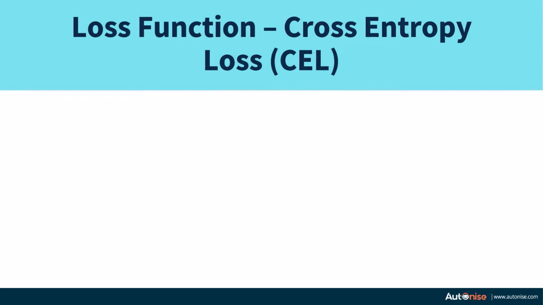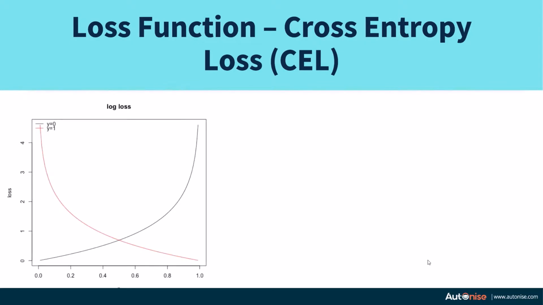There are other loss functions as well. We just looked at the mean squared error loss function. Then there is the cross entropy loss. So let's understand the mathematical formulation of the cross entropy loss. Looking at the graph, let's first understand whether, if we minimize the cross entropy loss, it will give us a good model or not. Okay, so you can see that over here we have, for y equal to 1, the red graph, and for y equal to 0 we have the black graph.